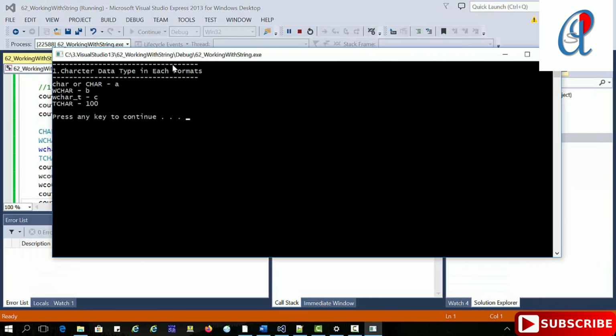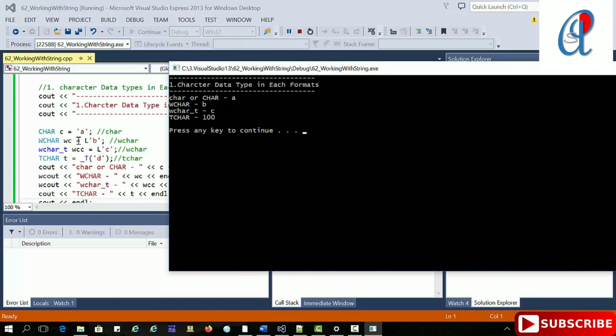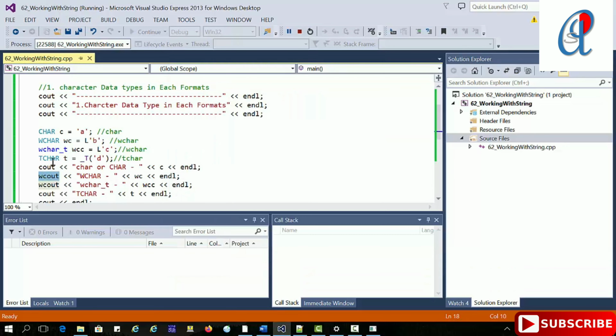So here you see the normal character, char or CHAR, we are displaying A, then in WCHAR, B. For displaying the WCHAR you have to use wcout. If you use cout, by default it will take ANSI style. If you have specified any variable as a wide character, then you have to use wcout, otherwise it will give some ASCII value of that.